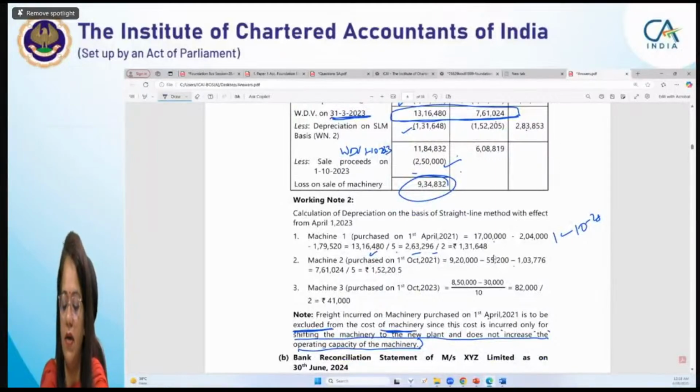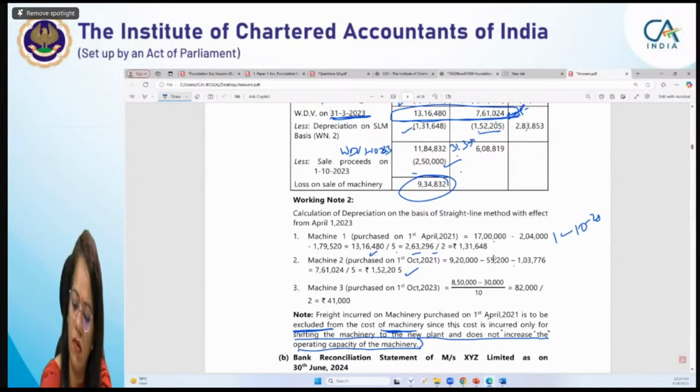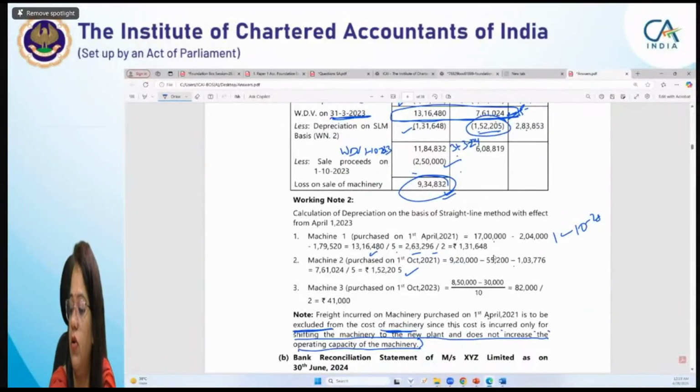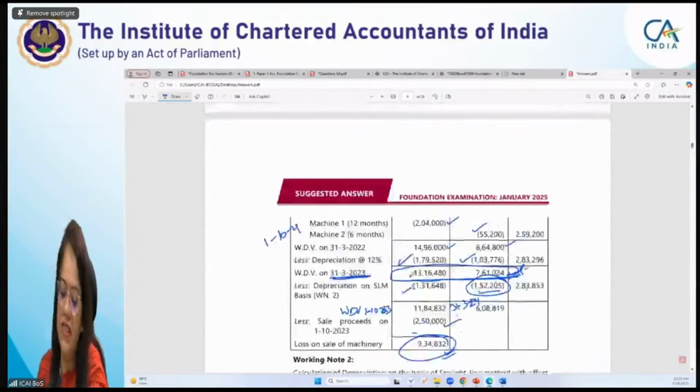इन द सेम वे दूसरी मशीनरी की जो हम वैल्यू निकालेंगे, दिस इज ऑल्सो डिवाइडेड बाय 5। हमें पता चला था उसकी रेजिडुअल वैल्यू 5 years की है, डिवाइडेड बाय 5 हमने इसको पूरा 5 पे कर दिया, 152,205। एंड दिस इज द WDV एज ऑन 31/3/24। ऑल राइट, एंड दिस इज द डेप्रिसिएशन फॉर द होल ईयर, क्योंकि ये नहीं बिक रही है, ओनली ये वाली मशीनरी हमारी सेल हुई, ये वाली मशीनरी हमारी सोल्ड नहीं हुई है।